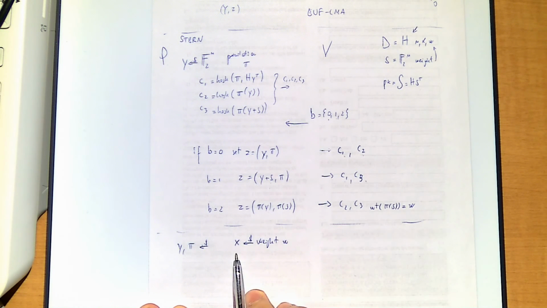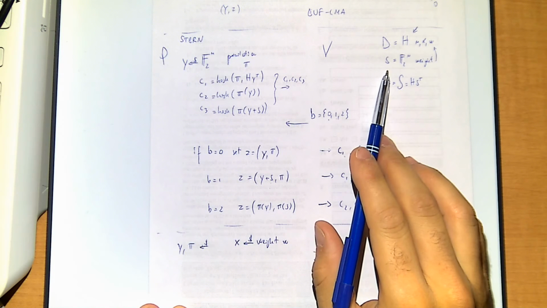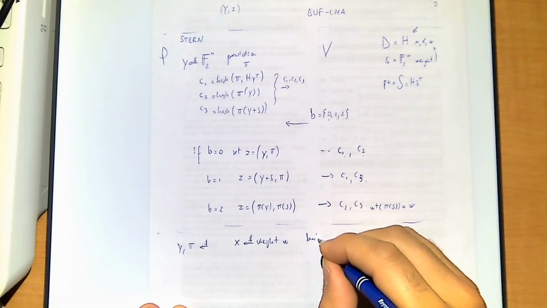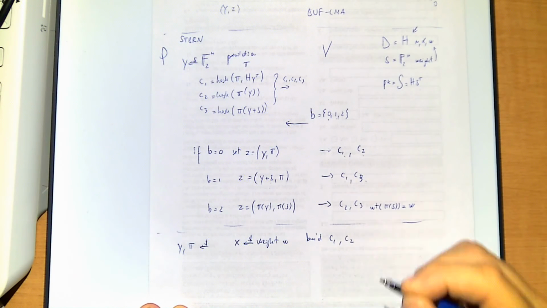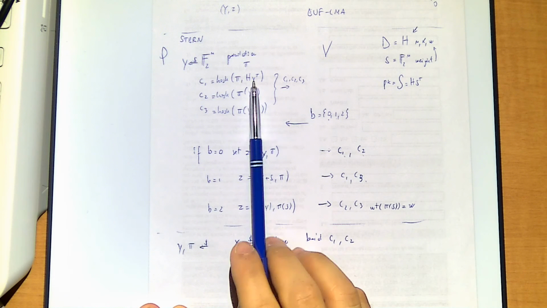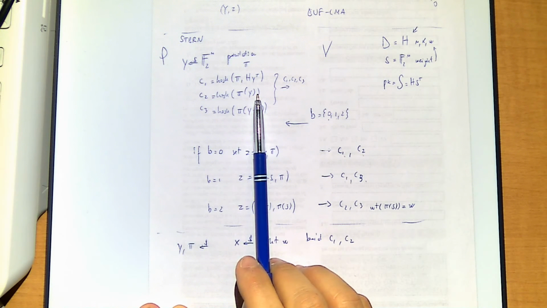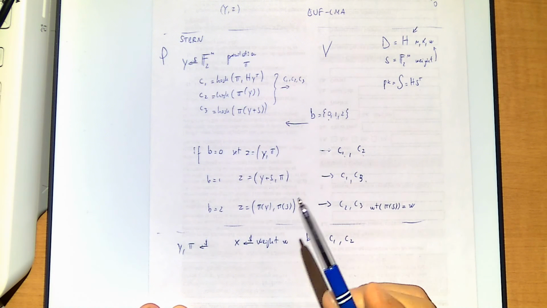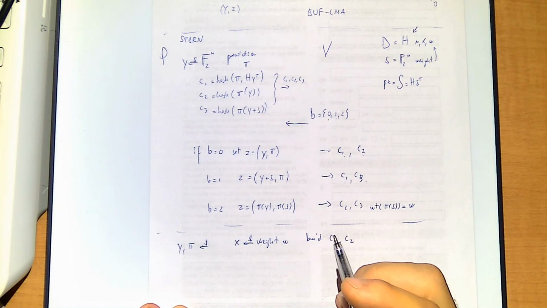So this x should replace the s in your intentions. Then you can build C1 and C2 normally, because all you need is pi and y, and this you can do honestly. And here you will need pi of y plus s. So instead you build